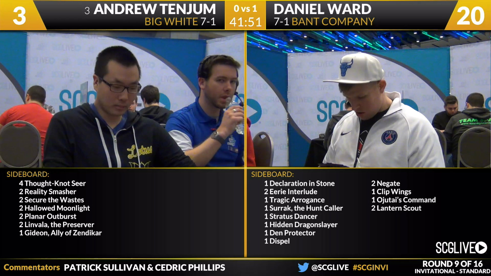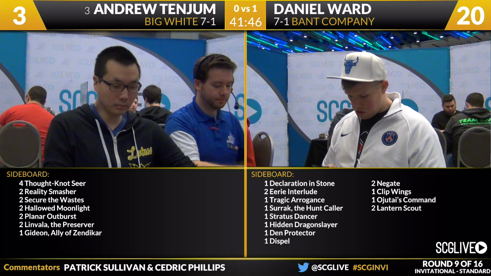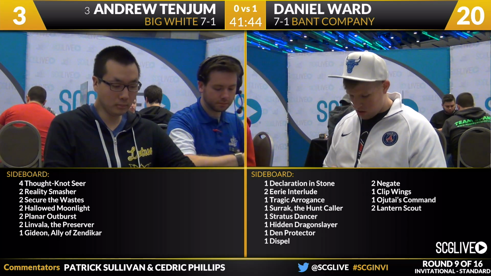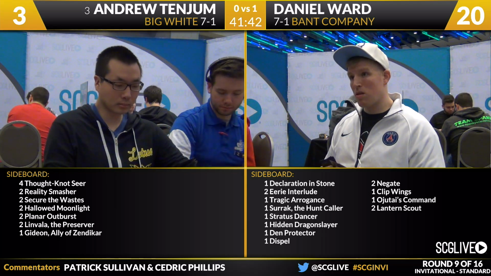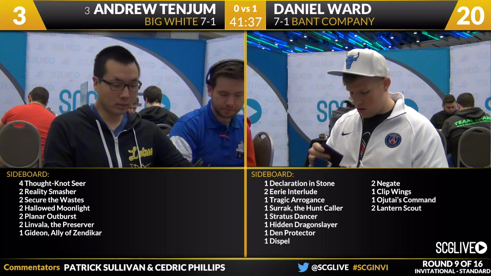You see 4 Thought-Knot Seers, 2 Reality Smashers, 2 Secure the Waste, 2 Hollowed Moonlight, 2 Planar Outburst, 2 Linvala the Preserver, and a Gideon Ally of Zendikar. He can really change his deck around now. So I think the Hollowed Moonlights are fairly easy to bring in this kind of matchup. I don't know if he's going to want to go to the bigger threats than Thought-Knot Seer and Reality Smasher,